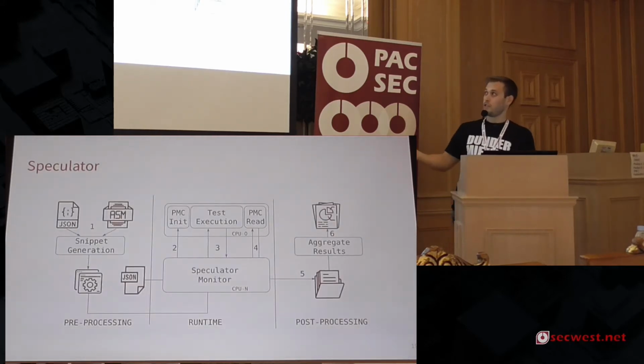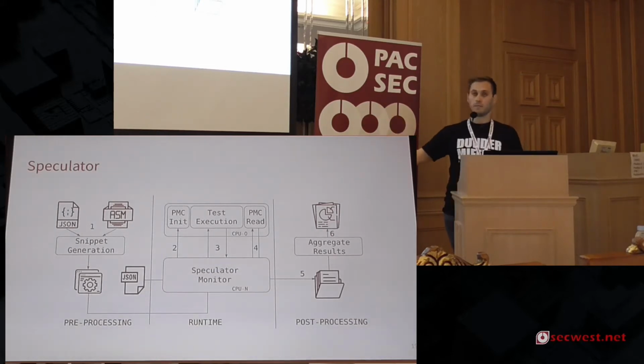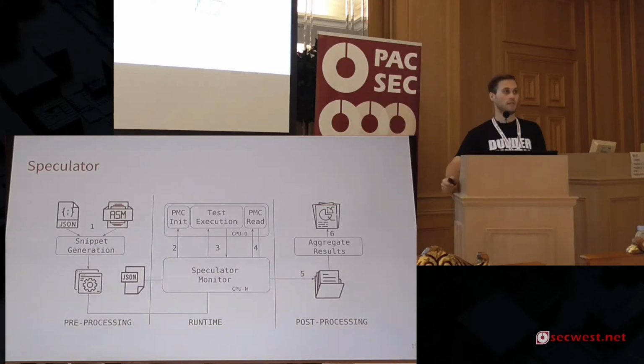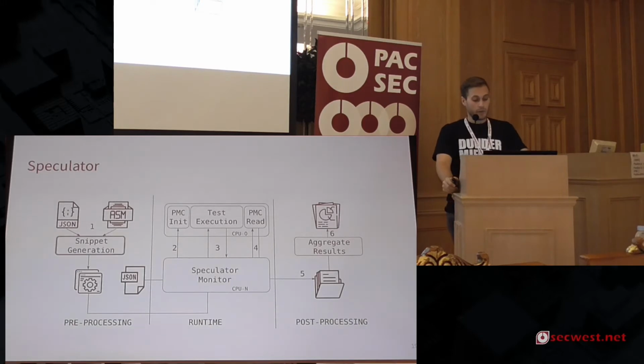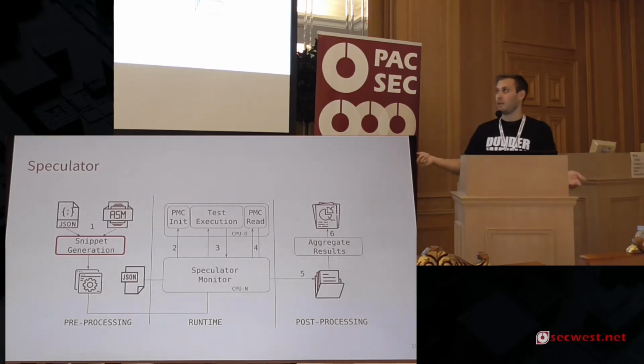Okay, so this is a general scheme of Speculator. As you can see, it has three main stages. We have a pre-processing stage, a runtime stage, and a post-processing stage. In the pre-processing, we have the snippet generation, as I was mentioning before, and basically what happens is that we